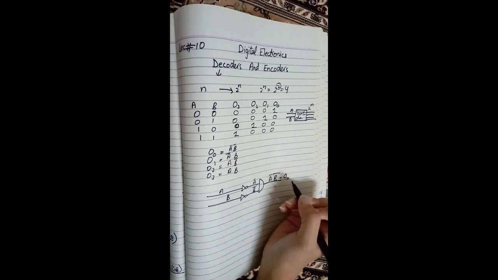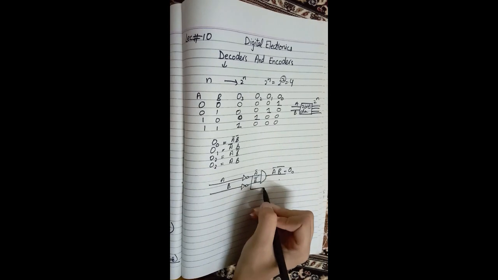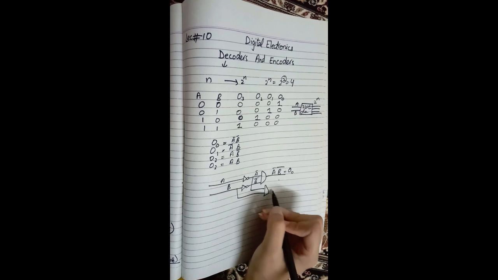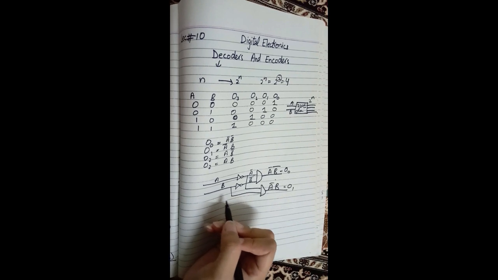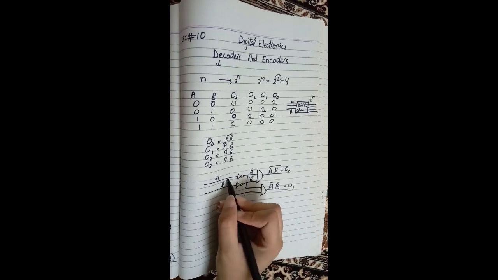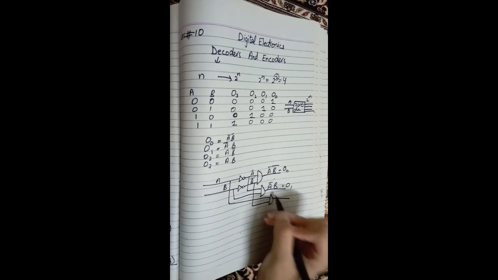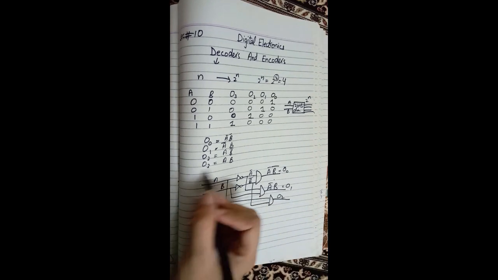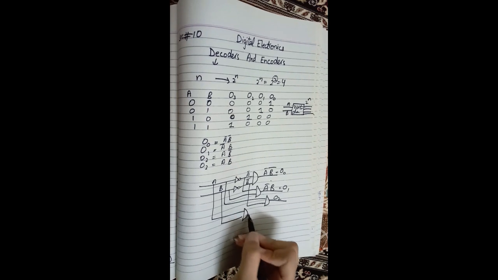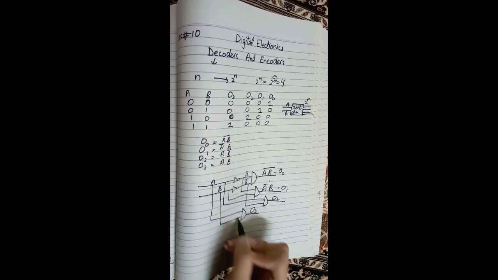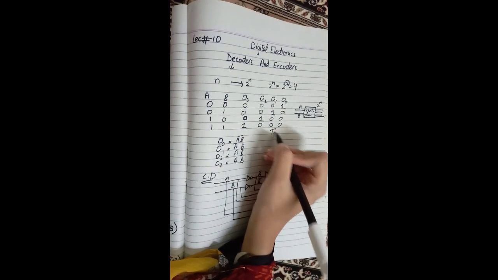Now on the same method we will draw the output 1, which says A bar but B, not the B bar, and with the AND gate we have A bar B, this is output 1. For output 2 we have A and the B bar connected with the AND gate, output 2, and for output 3 we have A and B connected with the AND gate, that is output 3. This is our circuit diagram for the decoder,